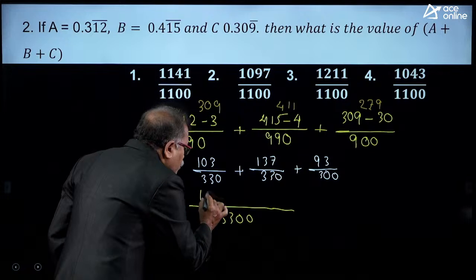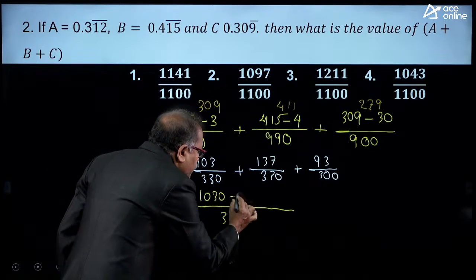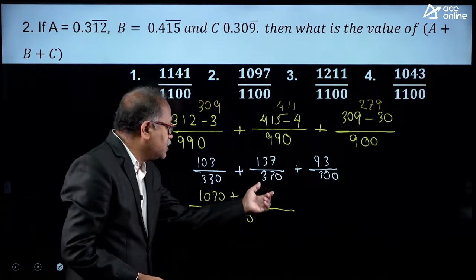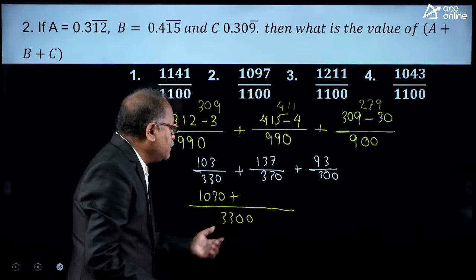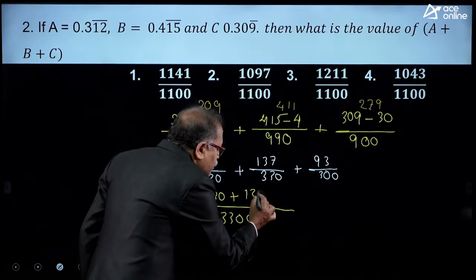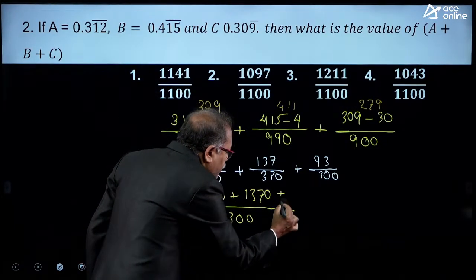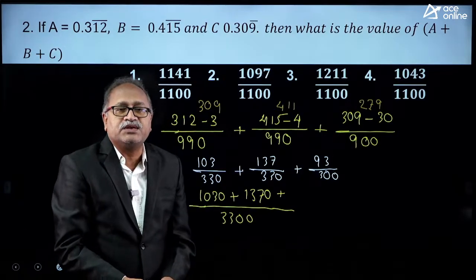So 1030, no explanation is needed for this simplification here. I am getting 10 over here. So that is 1370 plus,